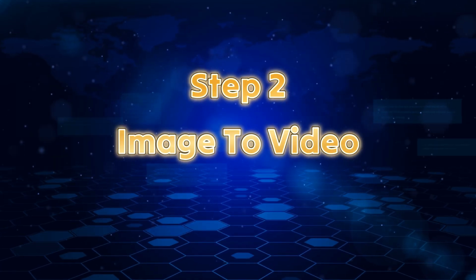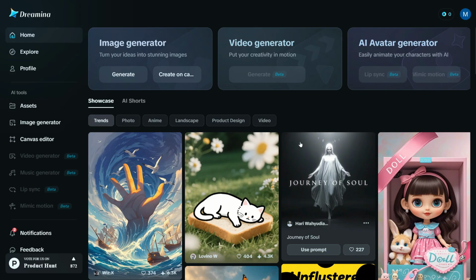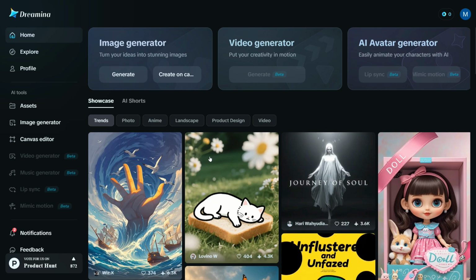Step 2. Image to video. After sign in, you will come to this page. Here, we have 3 options: image generator, video generator, AI avatar generator. As you can see, the image generator option is working, while the video generator and AI avatar generator are in beta and are not working yet. But since the topic of our video is AI video generator, I will tell you how you can use